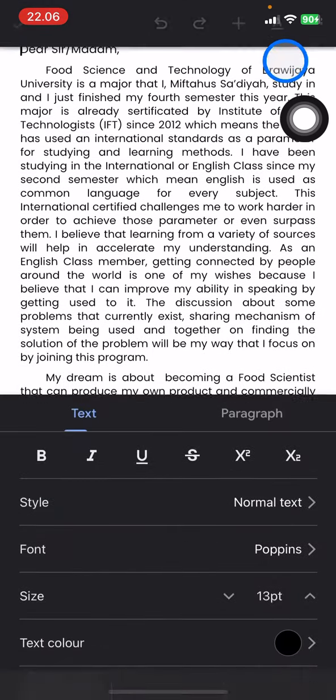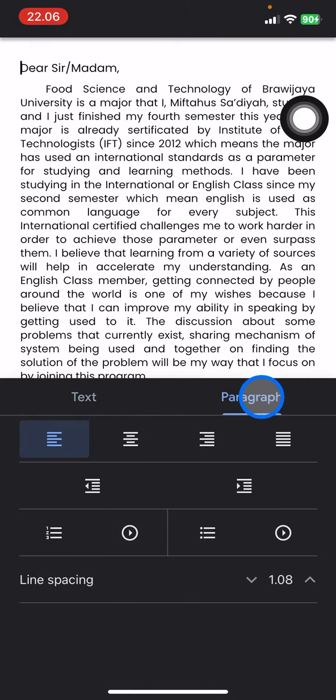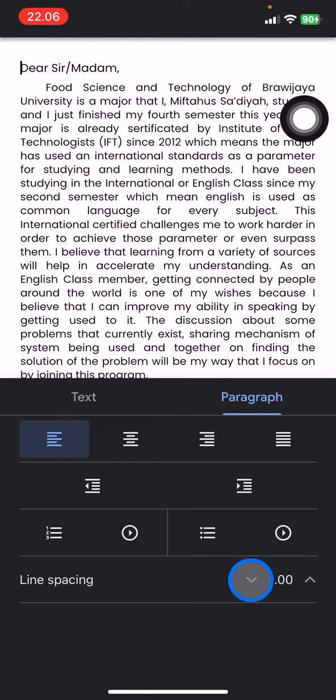on the top right corner, and jump into the paragraph section. And now there will be a line spacing option, so you just need to control it. You can reduce the line spacing by clicking the left icon, and you can increase it by clicking the right icon. So here, if you want to reduce the line spacing, click it, and you will see the difference